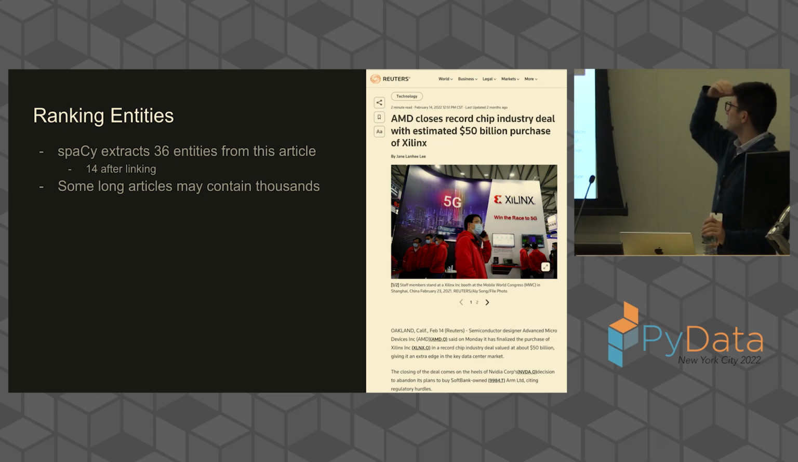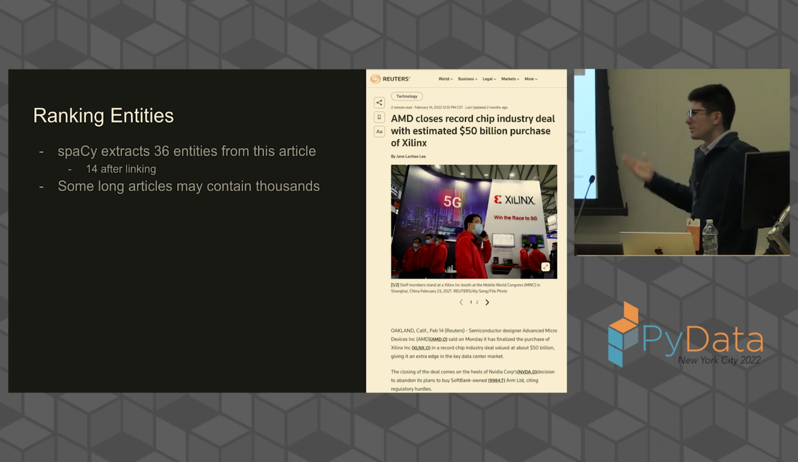So there is this other issue of trying to figure out which of these are actually important. So spaCy finds 36 entities in this article, 14 after you link them together. But this is a relatively short article. Some long articles may have hundreds or thousands of entities referenced. If you think about a long news exposé, it might be talking about a whole bunch of different people and a whole bunch of different organizations. Some of them are only mentioned